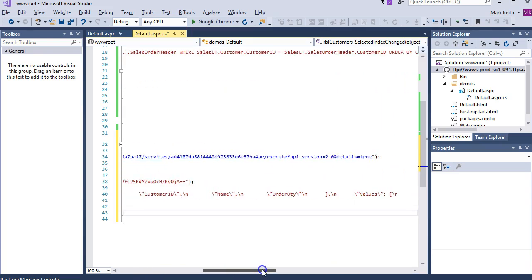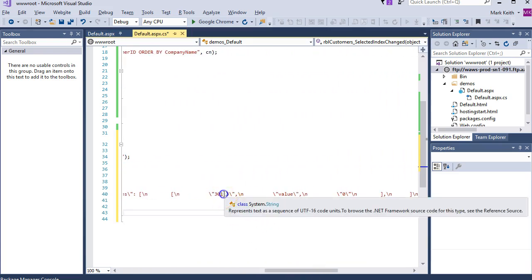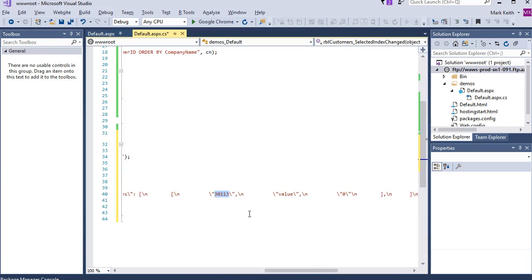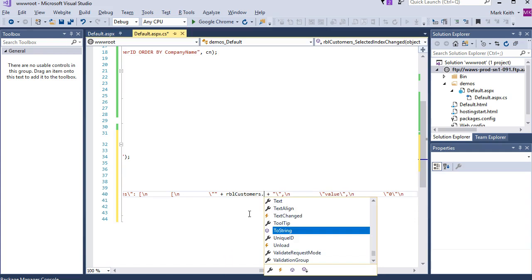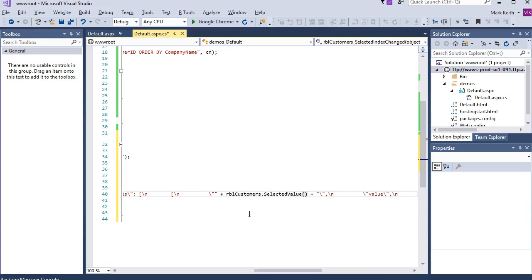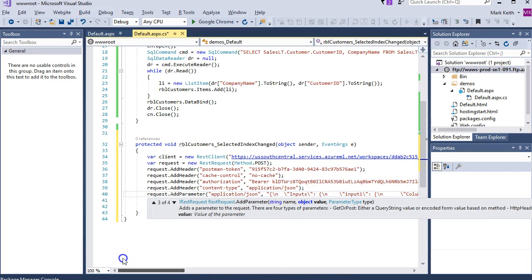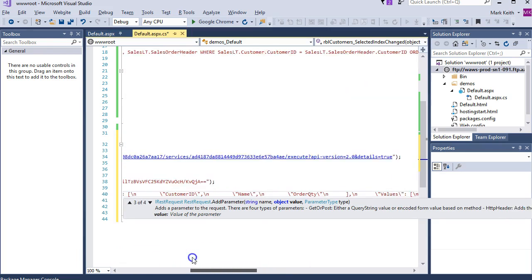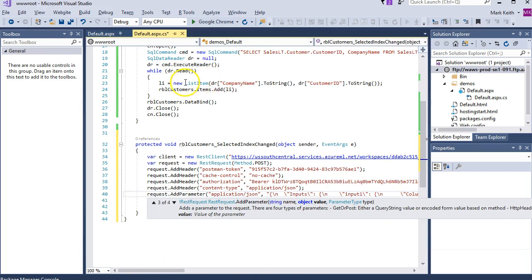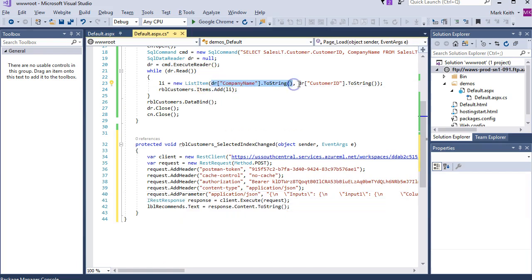But what we need though is to change this right here. This is we're manually entering in a customer ID. We want to do it dynamically. So enter another open, close, double quotes, so it looks like this, with a couple of plus signs. And in here, we're going to refer to the radio button list customers that we created, dot selected value, dot toString. So this selected value we created ourselves. That's up here, right here where when we create a new list item, we put the name in the text position, customer ID